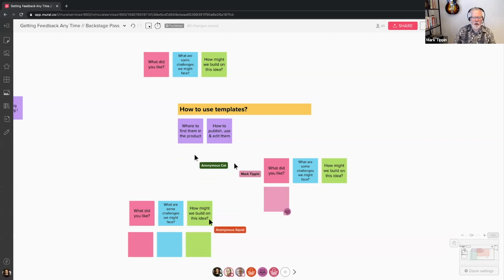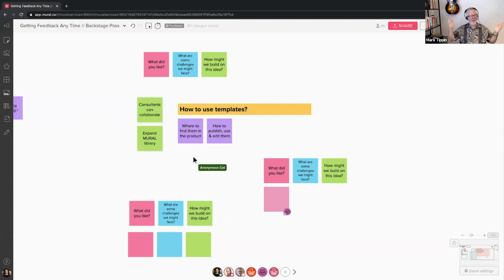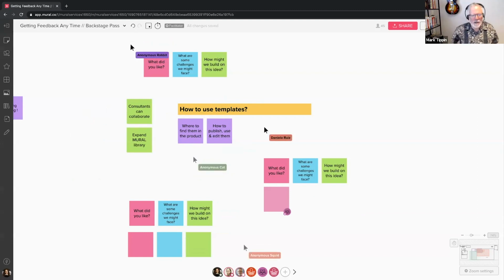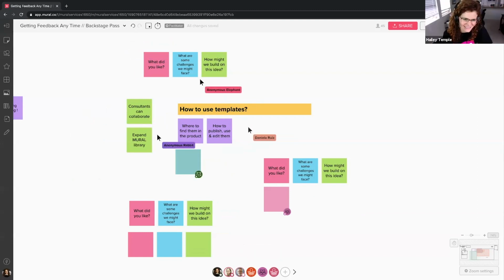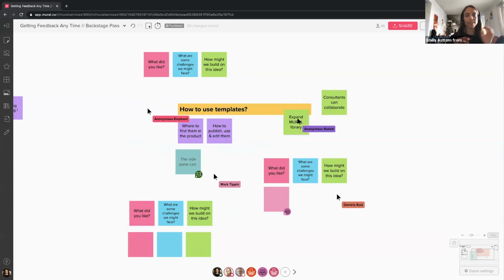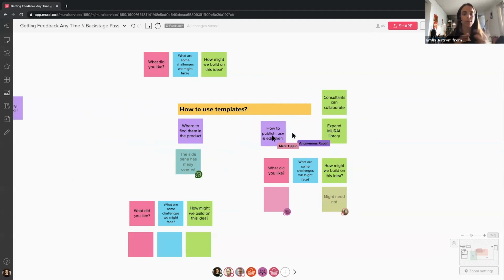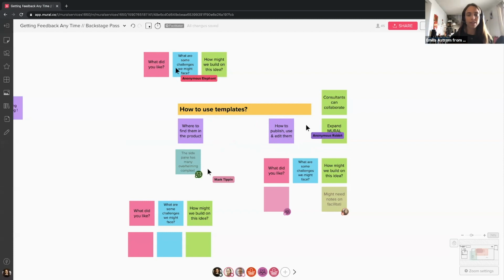And I'm guessing this isn't rocket science. You can go like, yep, you got to know where to find them in order to use them, right? That seems obvious, but just, so how to use templates, where to find them in the product. And it's also great to get feedback on this before I sit down and actually write all this content, so I know what the actual bullet points are, what questions people have.